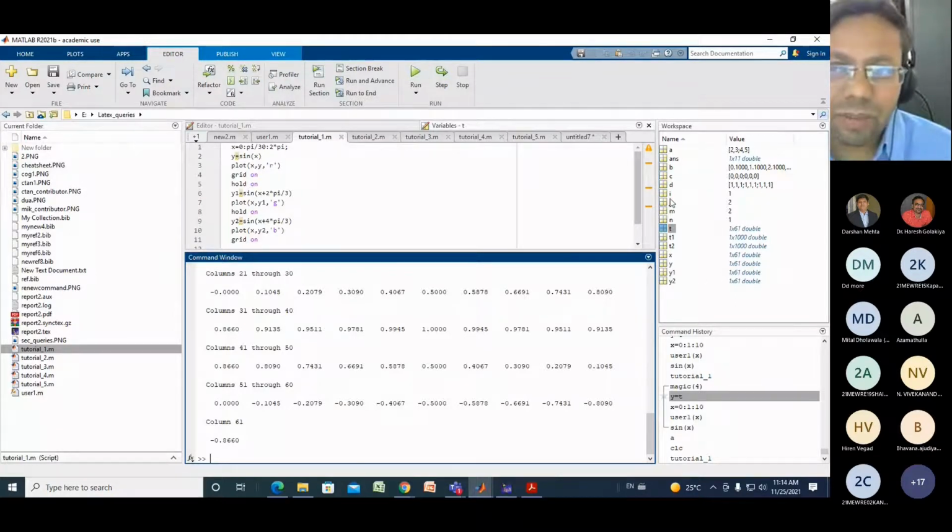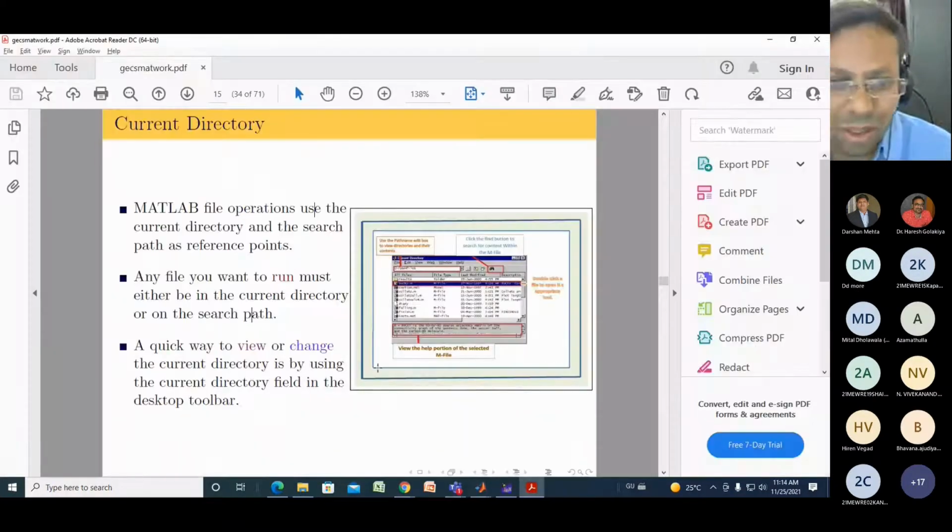After that, workspace is very important because many times you need to deal with the data. At that time you can use all these workspace variables, and you can use this workspace variable data for plotting purposes, also for any array making. Okay, so these are the four basic windows of MATLAB.